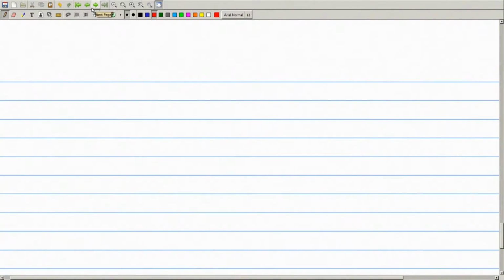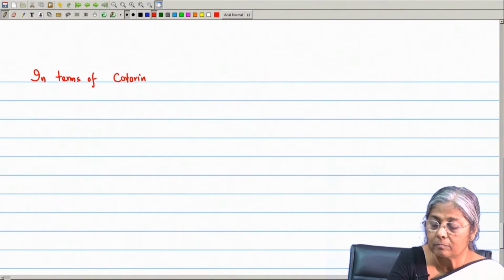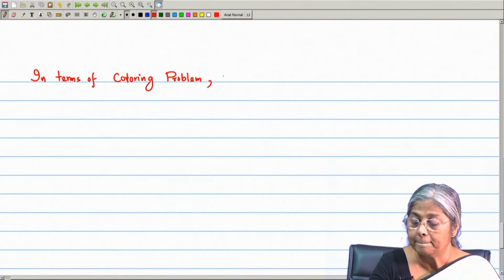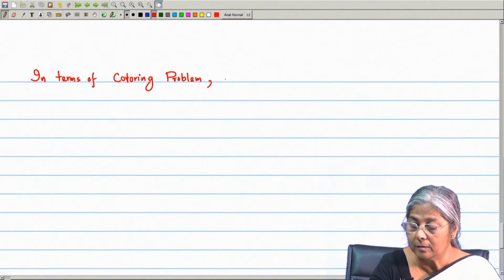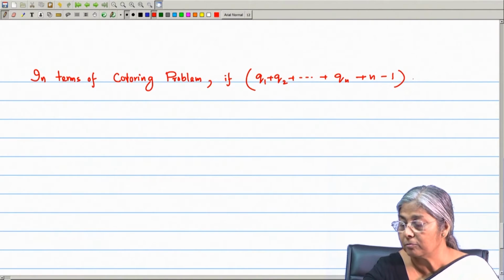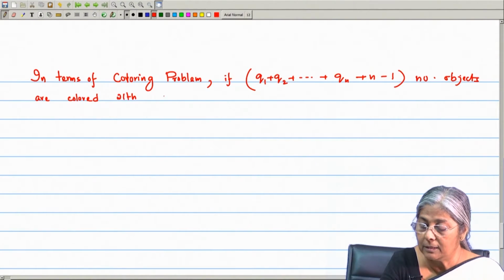Okay. And last lecture, when we discussed the simple form, we mentioned that we can take this thing as also a coloring problem. So, in terms of coloring problem, we can tell that if Q1 plus Q2 plus up to Qn plus n minus 1 number of objects are colored with n colors,